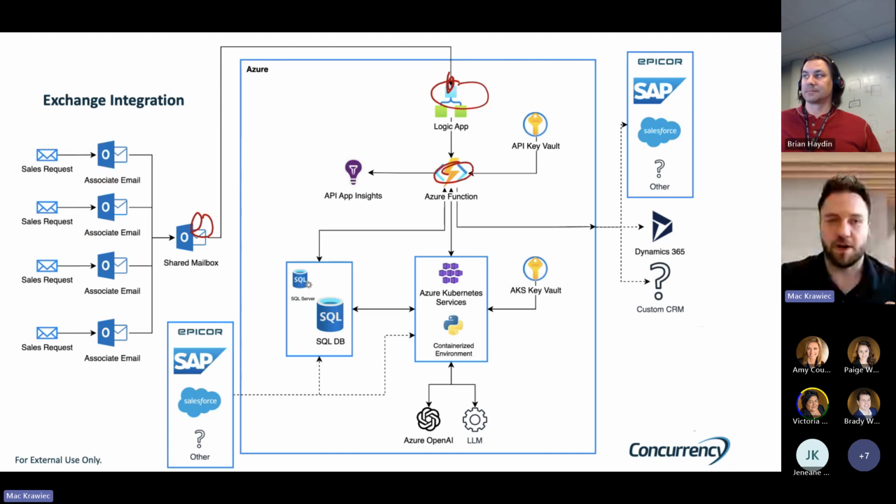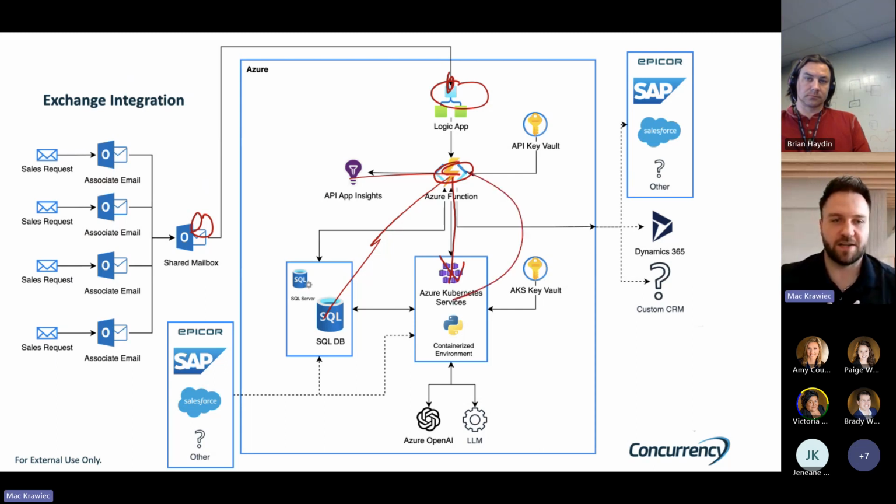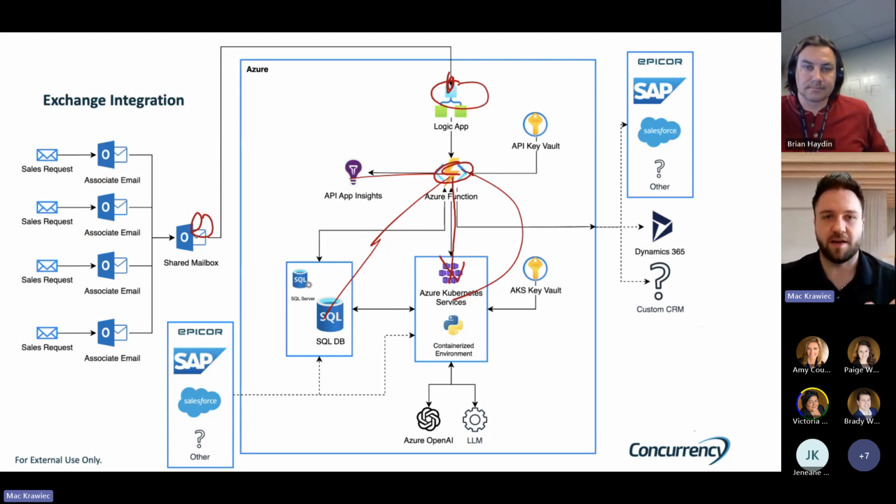We send it through our Azure function, which, amongst data transformations, storing it in databases and logging events, the main focus of what it does is it also sends that data to AI. AI is able to decipher that email and translate it into something that is pertinent to our product. It spits it back to our Azure function, and then what? We need to do something with it. It needs to provide value to our business. And we do that by